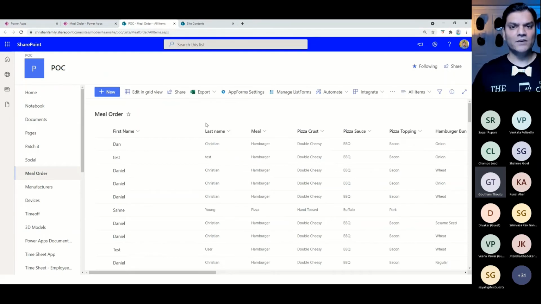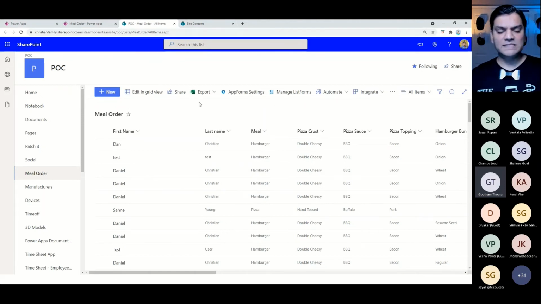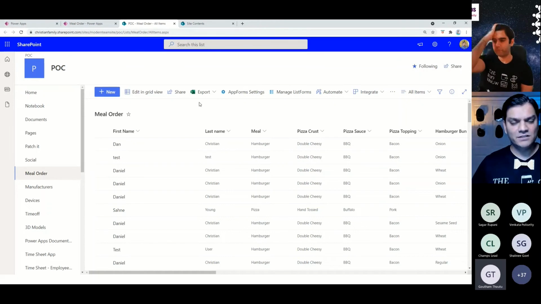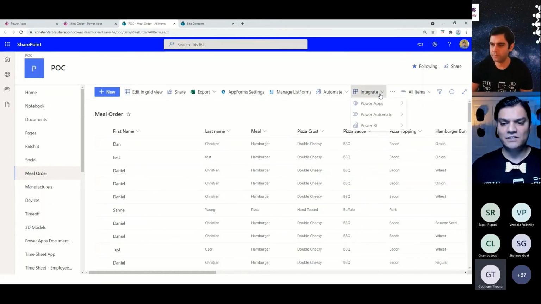Now, I know you and I, who've been using SharePoint for a while, can modify the list views. Reza just showed some demos too of how we can add some nice UI and UX, user interface, user experience effects over there. But when you want to specifically look at it from a reporting standpoint, just use the out-of-the-box functionality, which is the integration. So I come to the integration, I go to Power BI, and right here, there is the option to visualize the